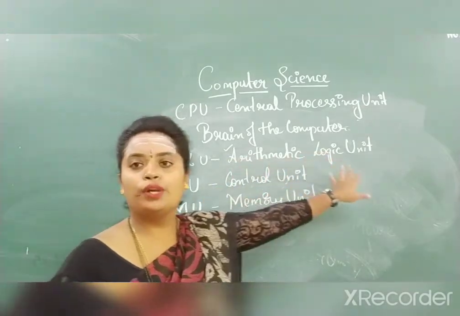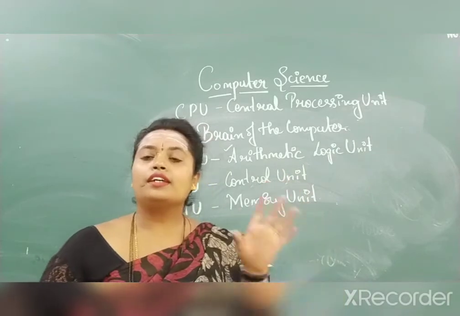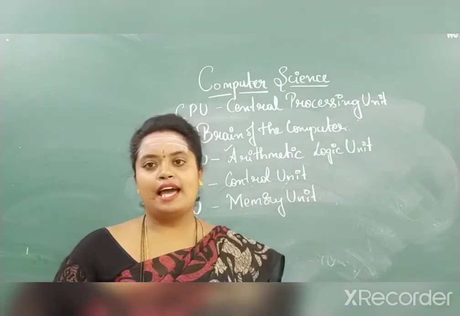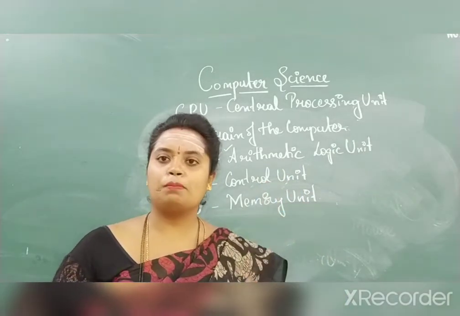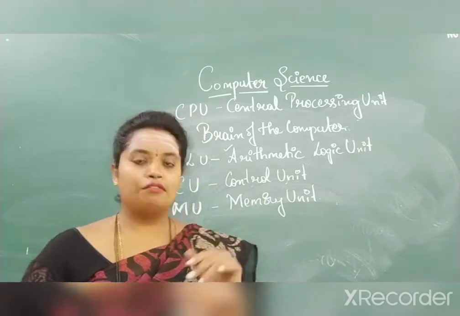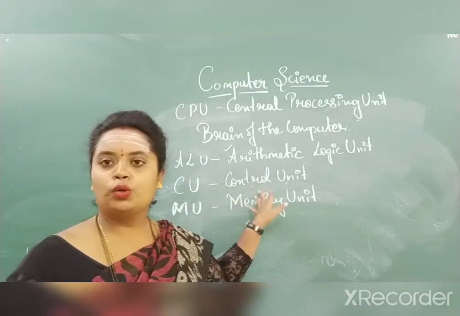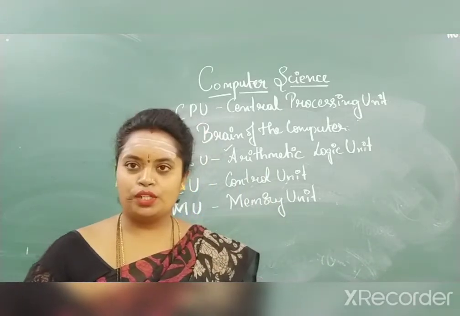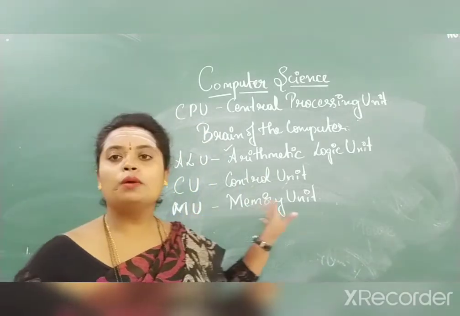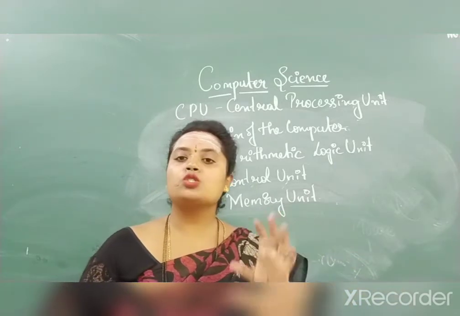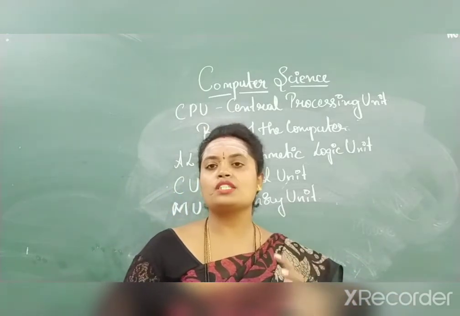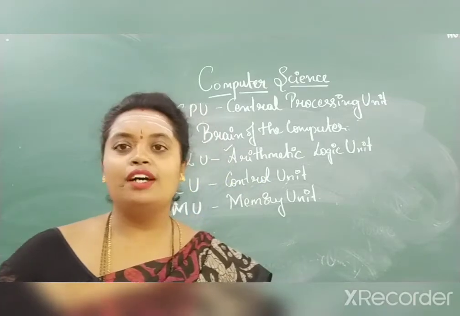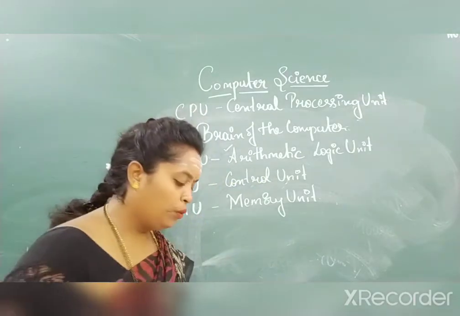Arithmetic logic unit does the calculations like addition, subtraction, multiplication, division, etc. Fine. What does the control unit do? It controls the overall activities of the computer. Fine. Then comes your memory unit wherein it stores the data in the computer. Understood, children? Next we will be moving on to